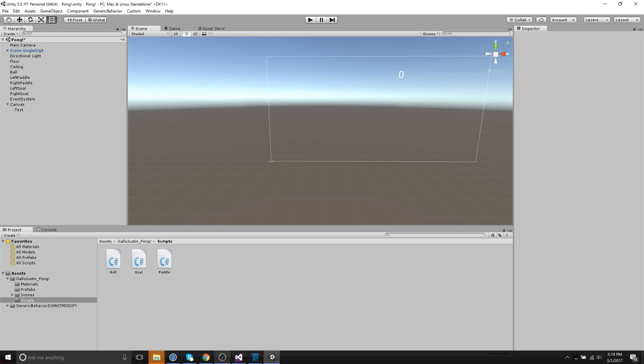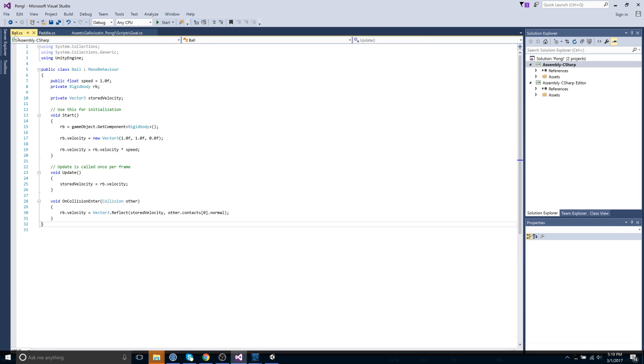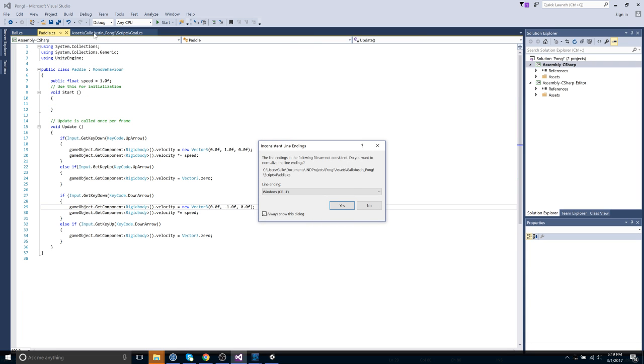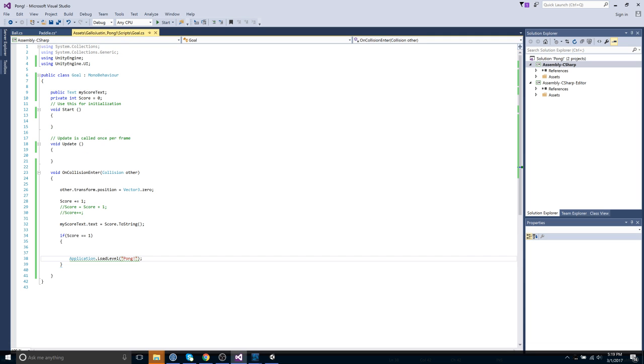And so those pieces are all the same pieces you would need to do Pong in script. Instead of generic behavior, we just did a ball, a paddle, and a goal to get all the logic that we wanted for that. And you can see they're very similar. We're solving the same problems, and there's a little bit of a learning curve to both of them. Both of them have their learning curve, but we just need to know some words and some syntax to actually use this. So